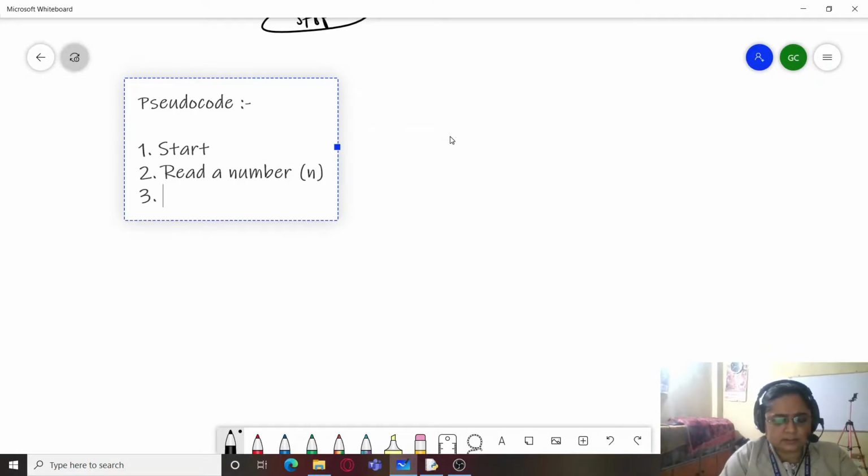Third, initialize I is equal to 1. Next, check if I is less than or equal to 10.